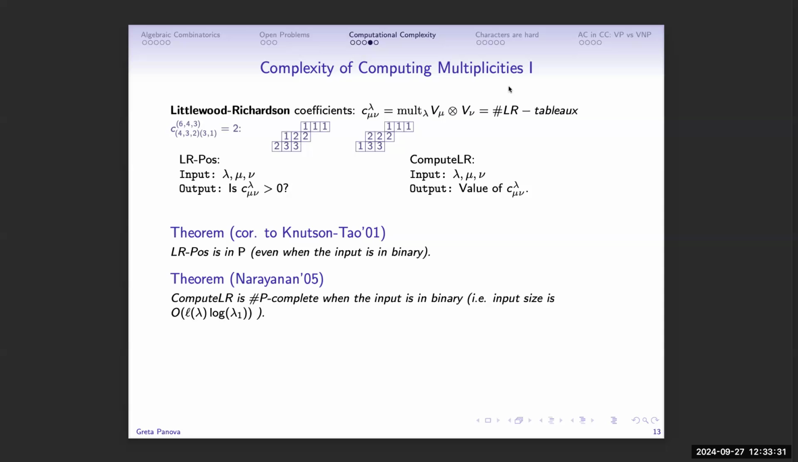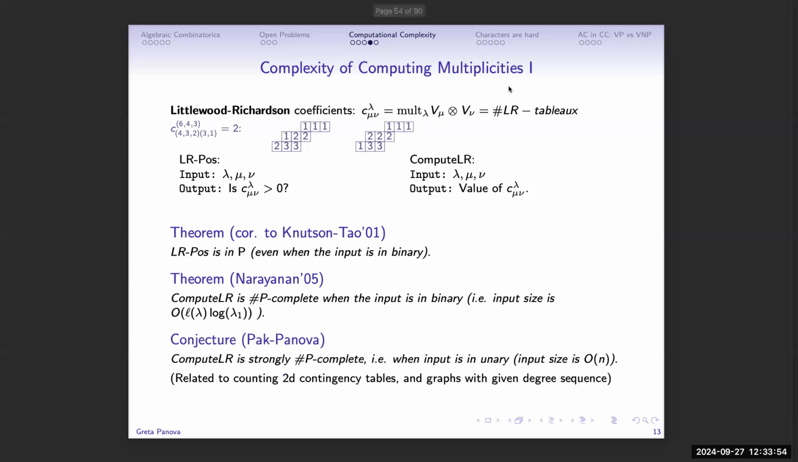And so, yeah, input size here matters. What happens if the input size is in unary? You just give the Young diagram. We don't know actually where. I mean, it is obviously in Sharp-P, so it's counting those objects. There are exponentially many of those, and each one of them you can check in polynomial time if it's your tableau. And we conjecture that it's also Sharp-P complete, but